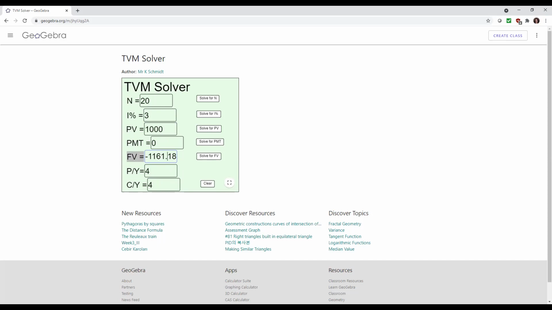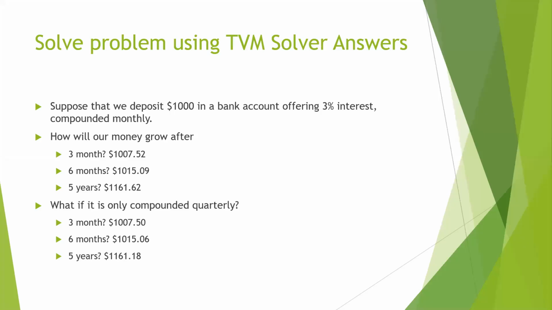All right, I'm going to go back to the slide now. Okay, so I want to talk about the answers that we got. So these are all the answers that we got, and I want to talk about what it means. So first I want to talk about the difference between compounding monthly and compounding quarterly. Notice that in each case, when we compounded monthly instead of quarterly, it's a little higher. In the case of 3 months, you have 52 cents instead of 51. In the case of 5 years,